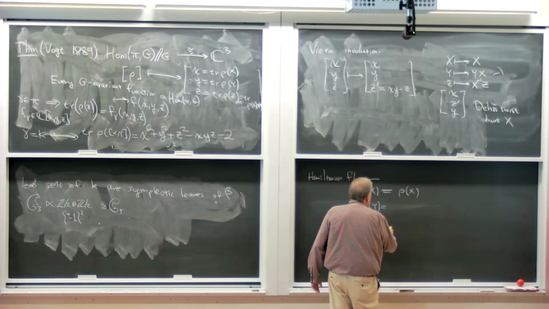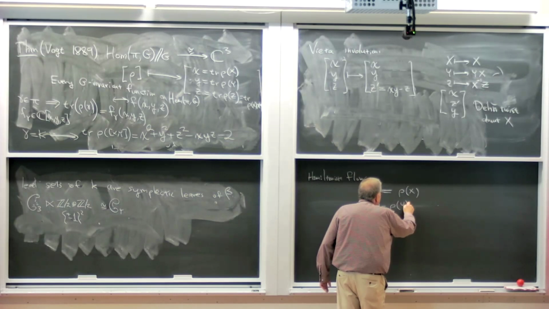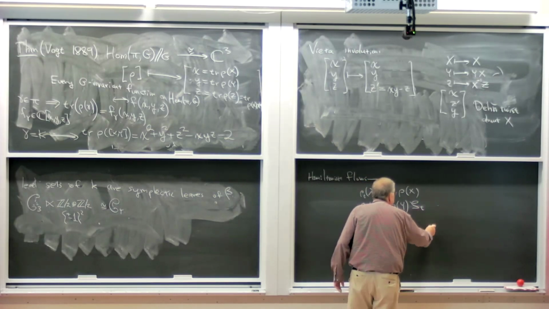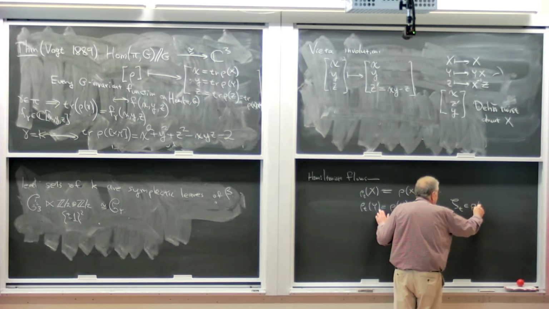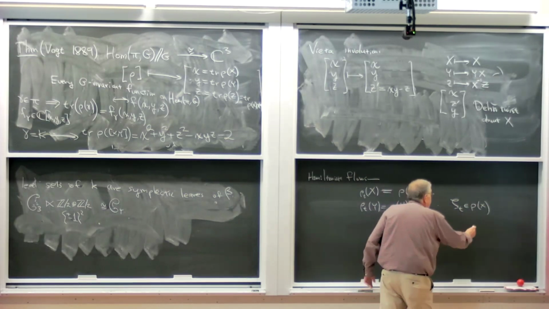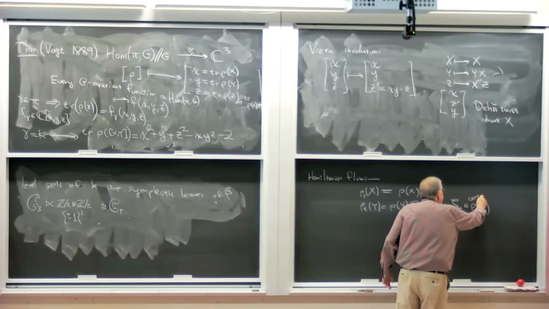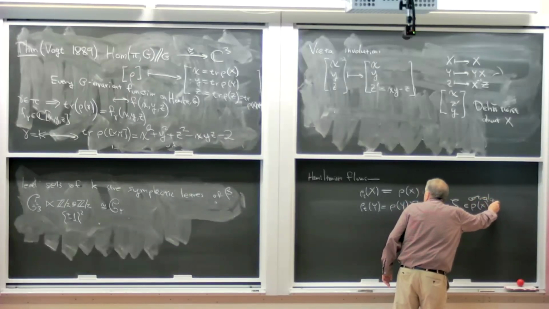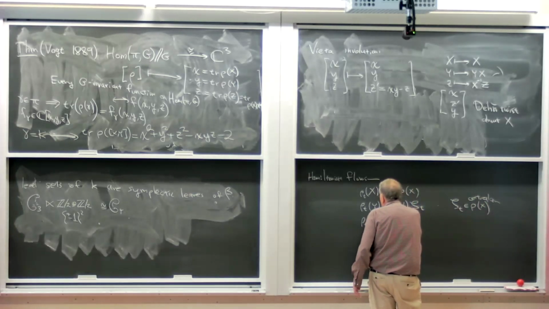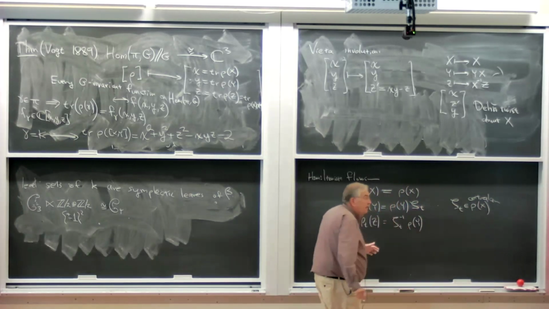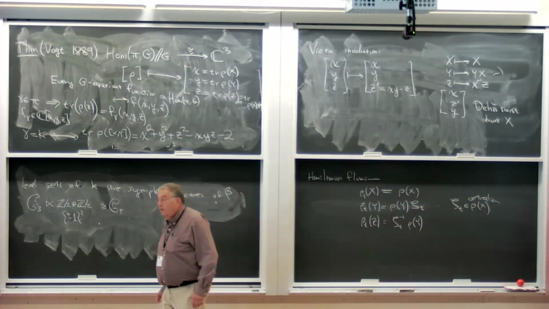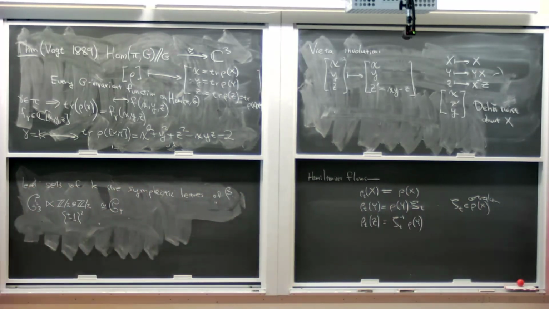Now that would be rho of y times something in the centralizer of rho of x. And then rho t of z would be the inverse rho of y. Okay, so these are the twist flows, and these were used in a